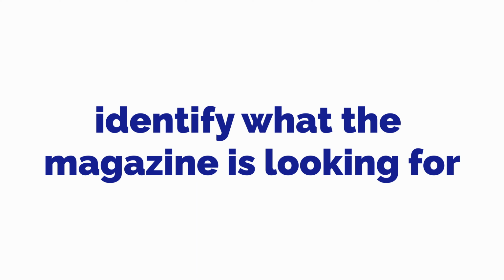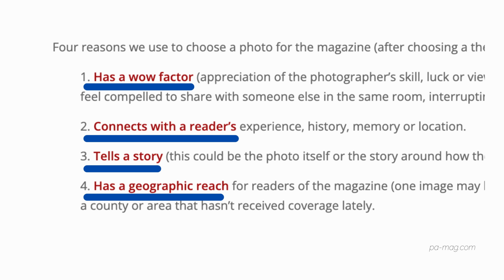magazine is looking for. You have to understand who the audience of the magazine is and what type of emotion the magazine editors are trying to create with the photos that they put on their cover. Those magazines that do accept photo submissions will likely have some form of guidelines into what they're trying to look